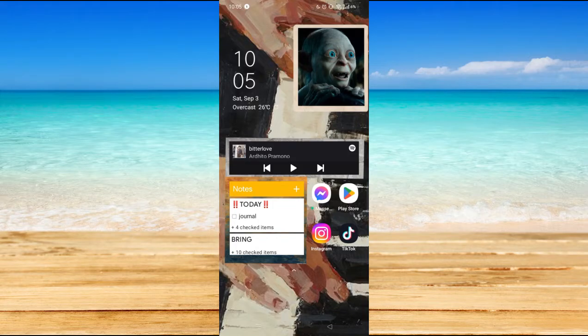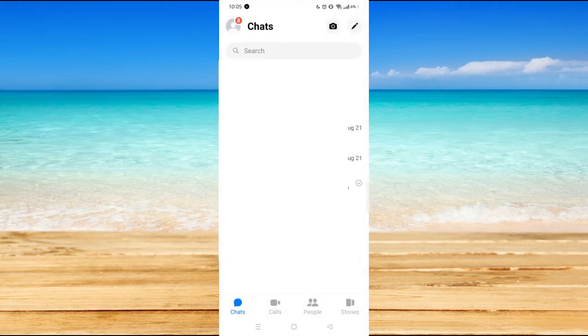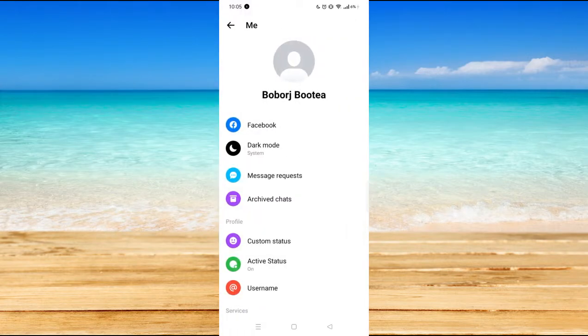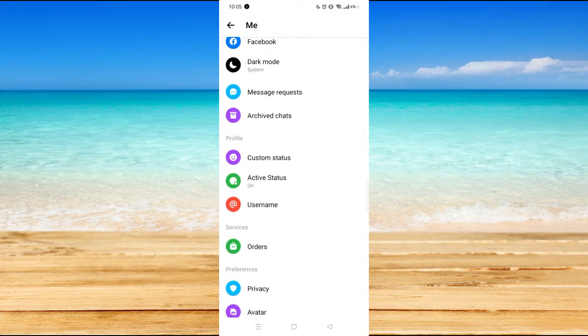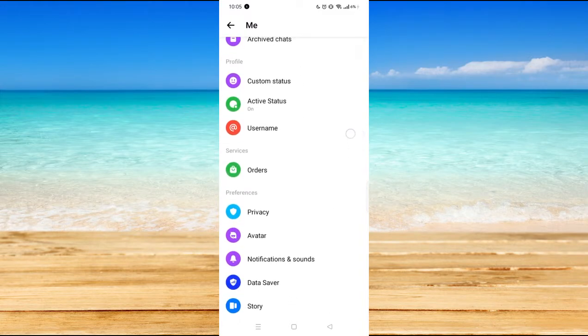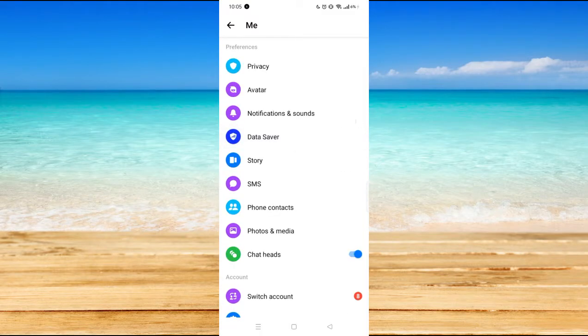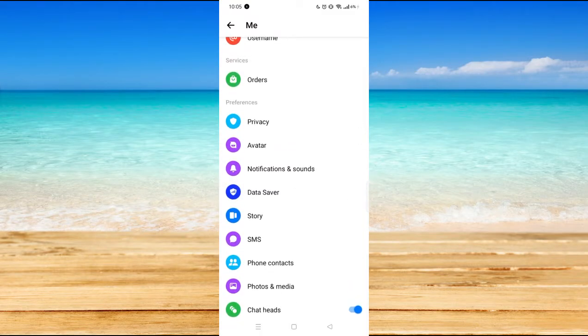So you may want to go back to your home page and open up Messenger, and basically it will directly go to your message or your chat page. So you will see all your chats there, and on your upper left part you will see your profile. You click on that, and here you will see different options such as Facebook, dark mode, message requests, your archive chats. Now if you scroll all the way down, you will see under the preferences, you will see the notifications